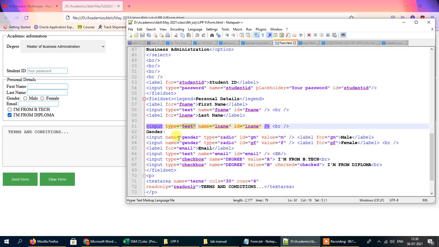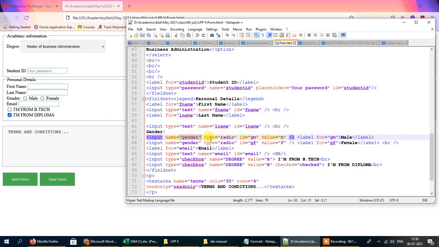You can see this line of text called gender, and input name is gender, type radio, and ID is GM. This is also an input type like text box and password. The type has been changed to radio, meaning that this input field will be a radio box. You can see that this has also been assigned a name.